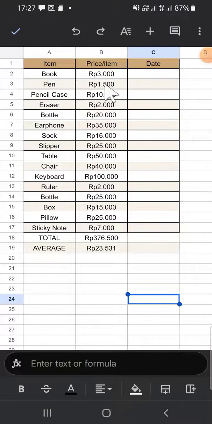In this tutorial, I'm going to show you how to use data validation in Google Sheets. So let's get started. Here I have opened my Google Sheets application on my phone. Then I have created a table on my Google Sheets, and we're going to use data validation for this column,